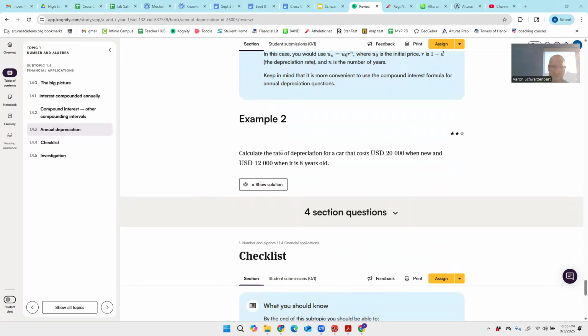Okay, calculate the rate of depreciation, a little different view of it, for a $20,000 new car that's worth 12,000 after 8 years. That is holding its value pretty well. So 12,000 equals 20,000 times 1 plus r to the 8th. You could solve this by graphing. I don't feel like it. So I think it's easier to solve by hand. So I'll divide by 20,000